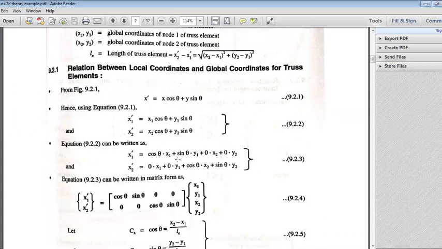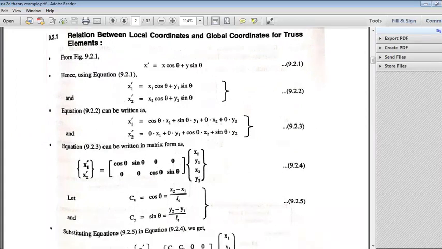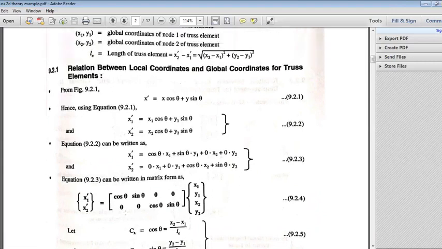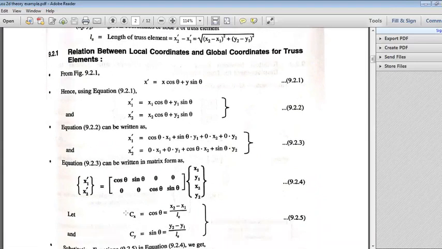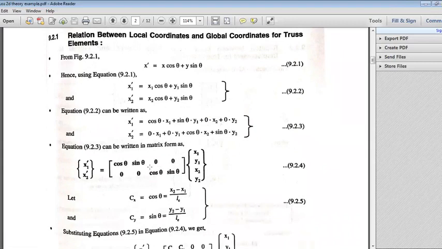By maths rules, in another way you can write this equation in a broader way, right? With cos theta and sin theta, in matrix format you can write it this way: cos theta, sin theta, 0, 0. So first row, first column, right? And similarly from the equation, cos theta, sin theta, and the other values are 0. So this is the matrix form.